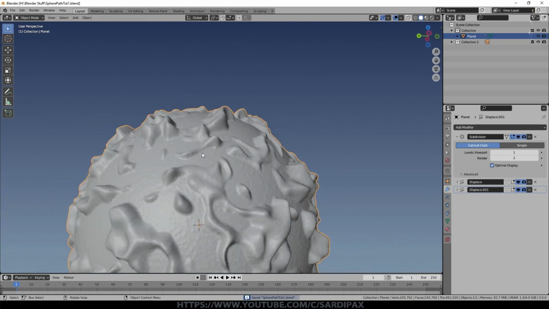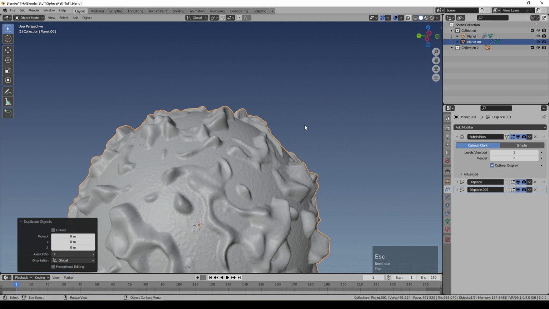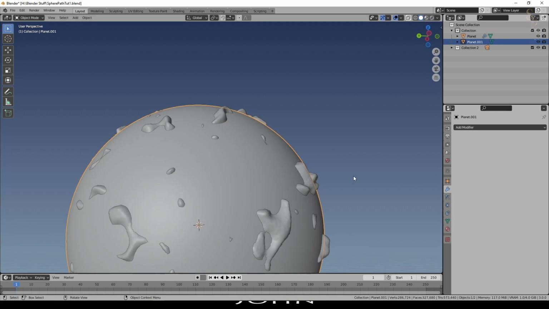So I'm now going to duplicate this sphere, and I could have done that before. So Shift D, and you can see it's got the sphere there, and then just press Escape to release it. If you want to make it do that quicker, if you've already put the modifiers on, just turn them off here in the viewport. But I'm going to delete them from this one. This is Planet 001 at the moment. And arguably, you don't even need as much geometry as I've got for this one either. However, we're going to call this one water now.